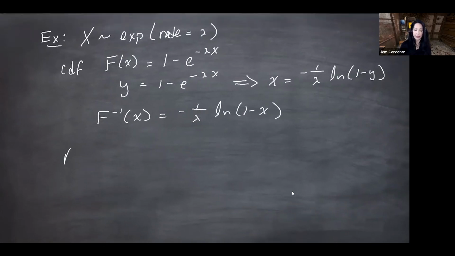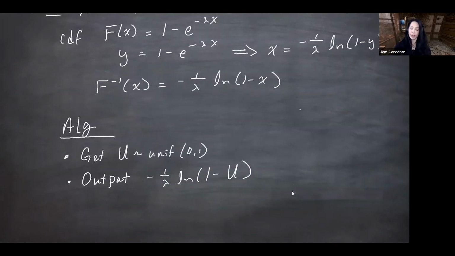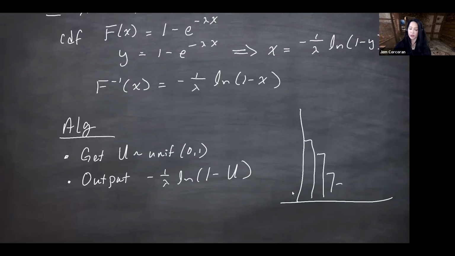So here is your algorithm. Step 1, you get somehow from your random number generator a uniform 0, 1, and then you output minus 1 over lambda log 1 minus the uniform. And that you are done. You have produced one exponential. And if you do that over and over and over again and make a histogram, you're going to start to see that exponential kind of shape,